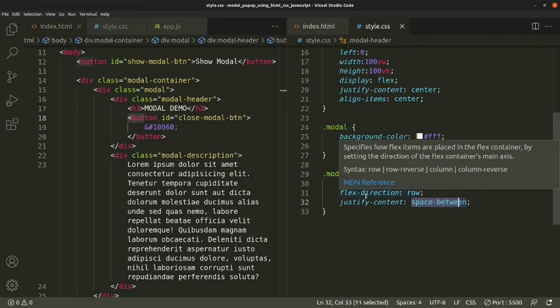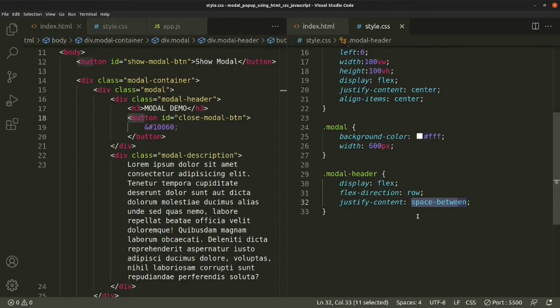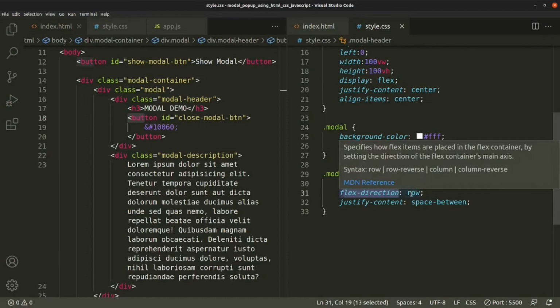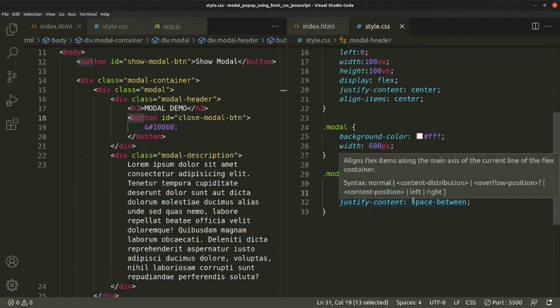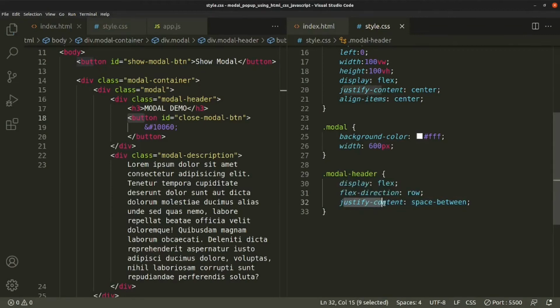The thing is, first we need to find out what is our main axis. How do we know that? We know what our flex direction is. Whether you declare it explicitly row, that is our main axis. If you don't specify anything, still it is row. That is the default value. Now, once you know our main axis, we can use justify content, because justify content works on main axis. Space between means one is pushed to start, one is pushed to right, remaining items will take